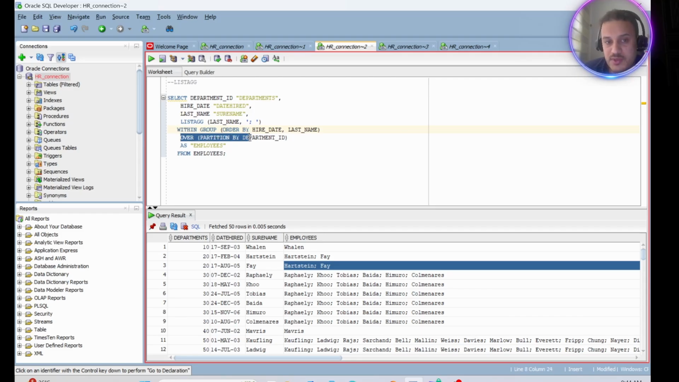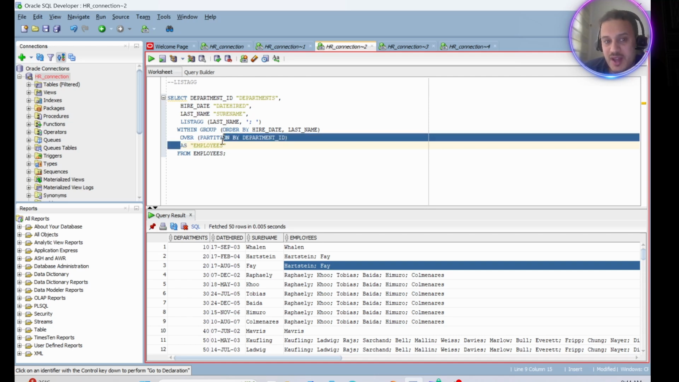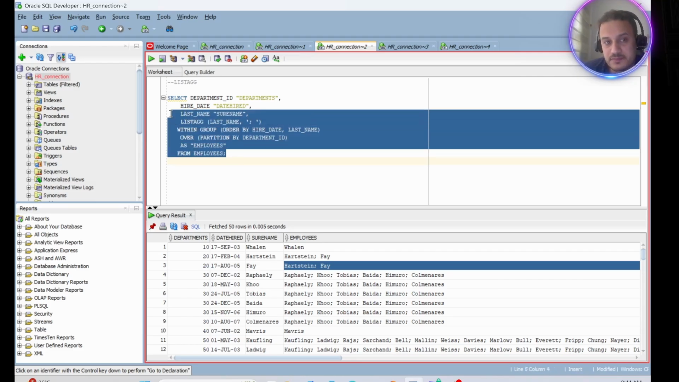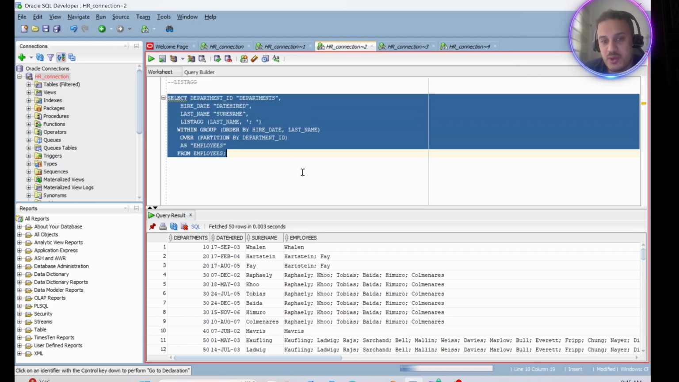Over, this is where we use the over clause. Partition by department ID. We use the partition by clause to chunk the data depending on the department ID, and we set the column name as employee, and from the table name is employee. So if you run this query,